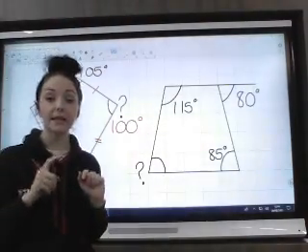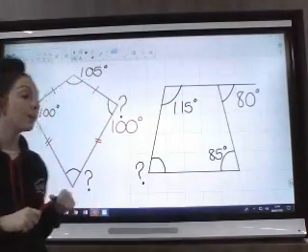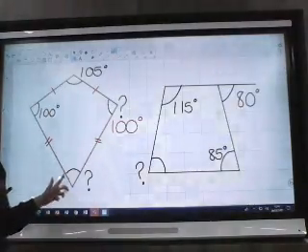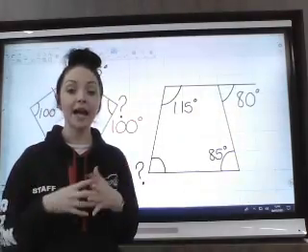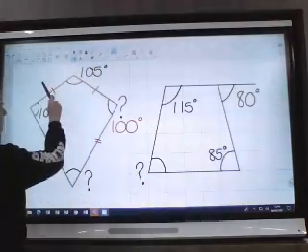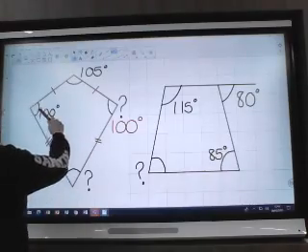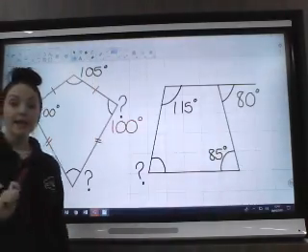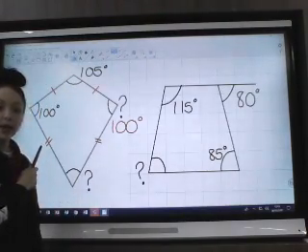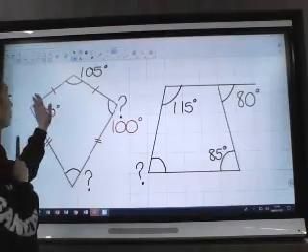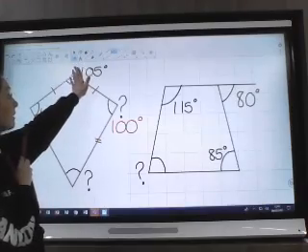So for your first answer, you haven't even got to do any working out. You've just got to put your opposite angle in. Now this bottom one then, remember, we know that angles in a quadrilateral add up to 360. This shape, 1, 2, 3, 4, has got 4 sides. So if you add up this one, and this one, and take it away from 360, it will give you this one. Okay? So if I do 100, add 100 is 200, add this 100 is 300, add this 105,